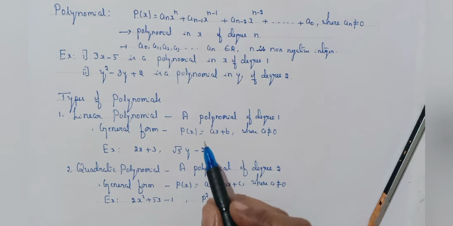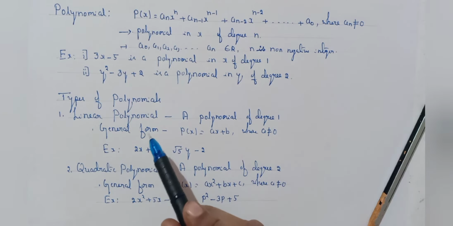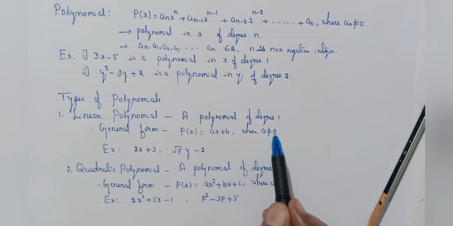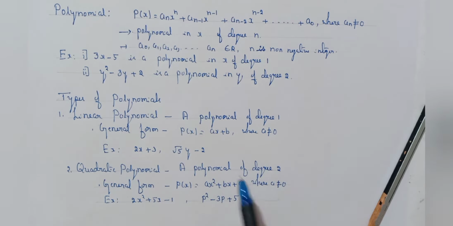So, a polynomial of degree 1 is called a linear polynomial, and the general form of the linear polynomial is ax plus b, where a is not equal to 0. And a polynomial of degree 2 is called a quadratic polynomial, and the general form of a quadratic polynomial is ax squared plus bx plus c, where a is not equal to 0. And the next one is